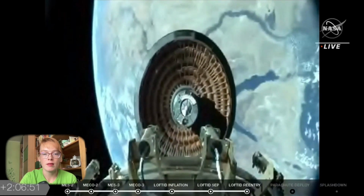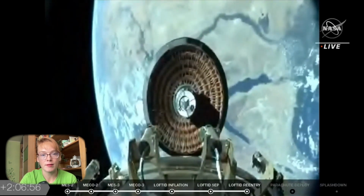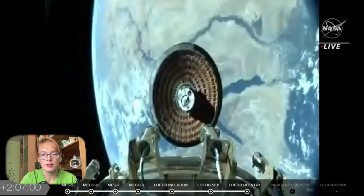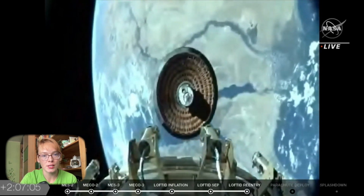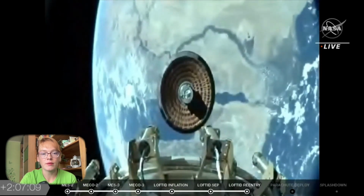And to demonstrate this technology, NASA launched a descent vehicle with an inflatable decelerator aboard a United Launch Alliance Atlas V rocket as an additional payload. The spacecraft was placed on a re-entry trajectory from low Earth orbit and began its descent, turning fully inflated before